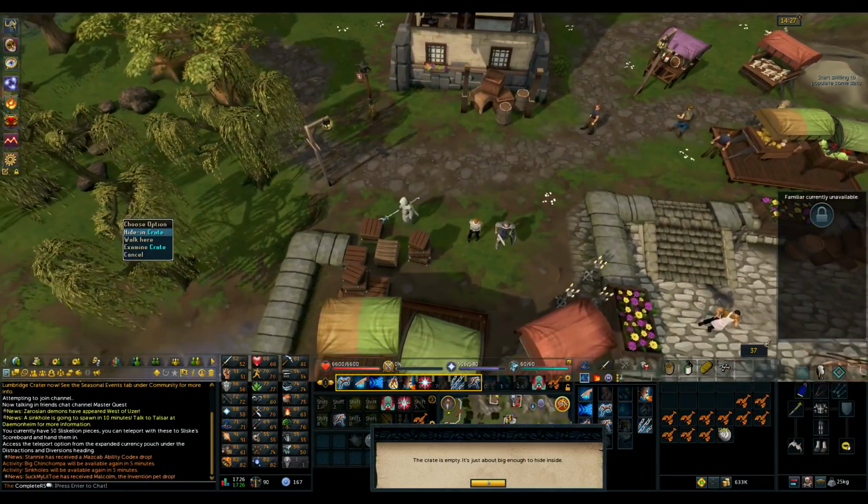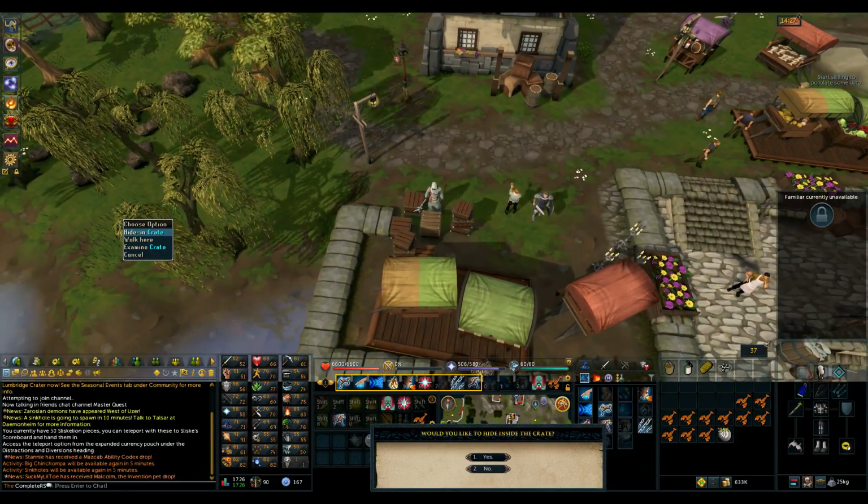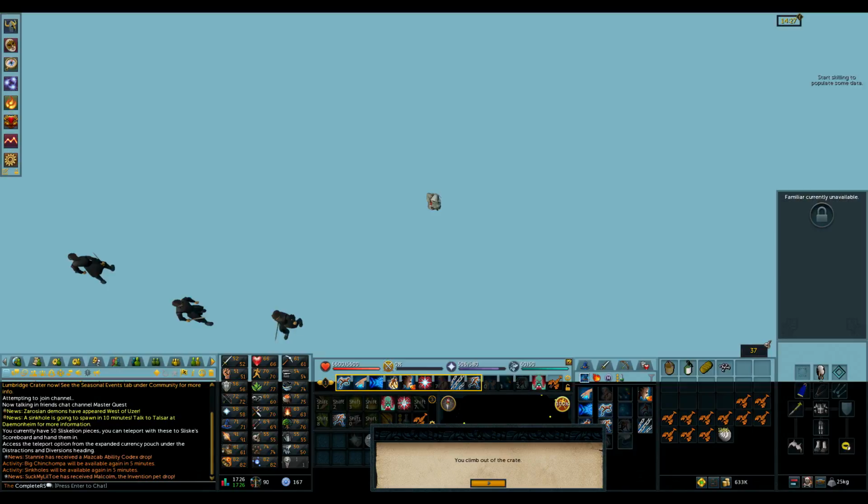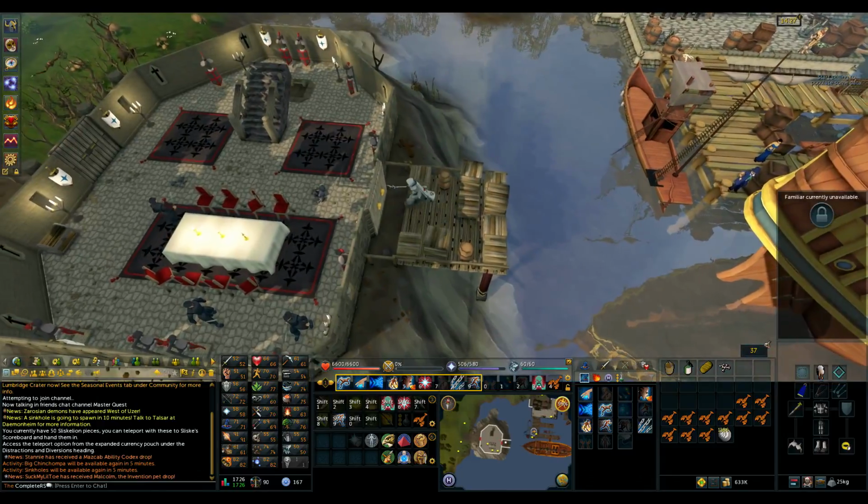You can just simply left click or right click hide in crate. Go ahead and choose option 1, yes, I'd like to get inside, and then spam through the chat until eventually we appear inside the keep. Choose option 1 to get out of the crate, and at this point we now have to climb all the way up to the top,